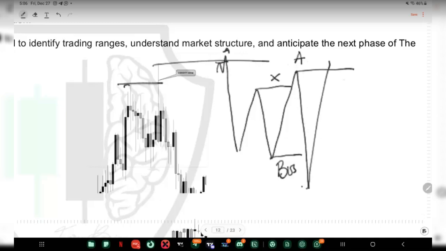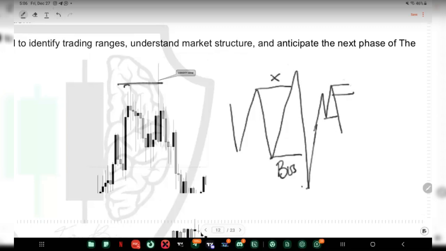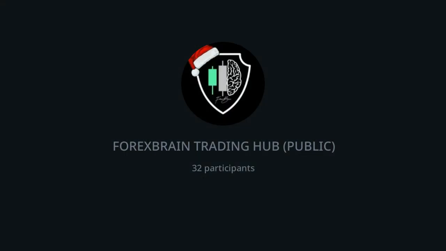But there are other times whereby price does not need to take this high. All price just needs to do is this. When price gets to this point, it will drop, create a high, and break structure to the downside. Meaning that we have a lot of people looking to sell from this, creating what we call a self-inducement. You understand? So all you need is this.